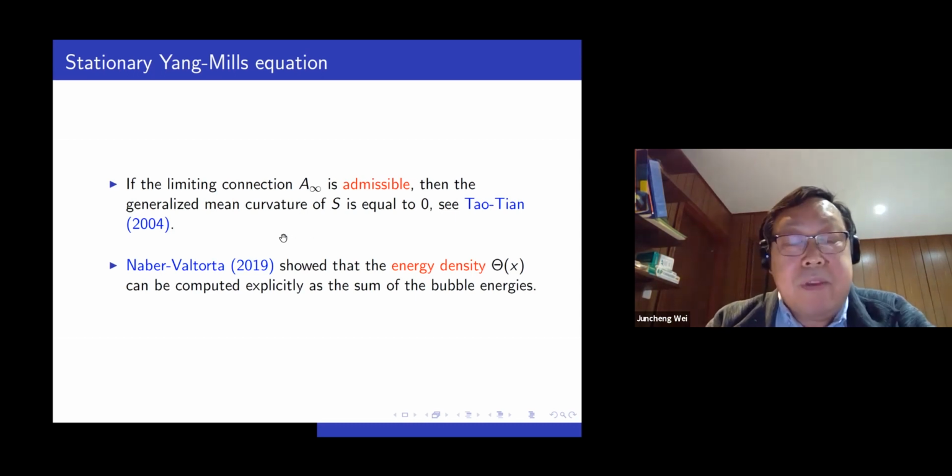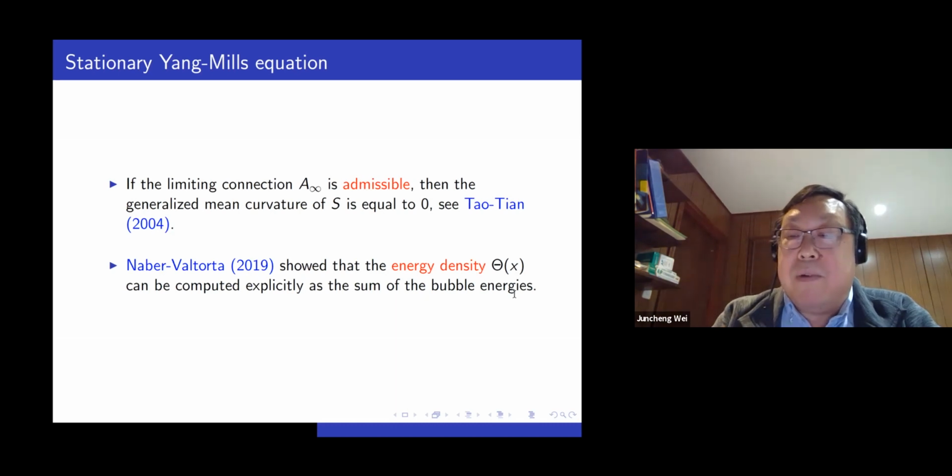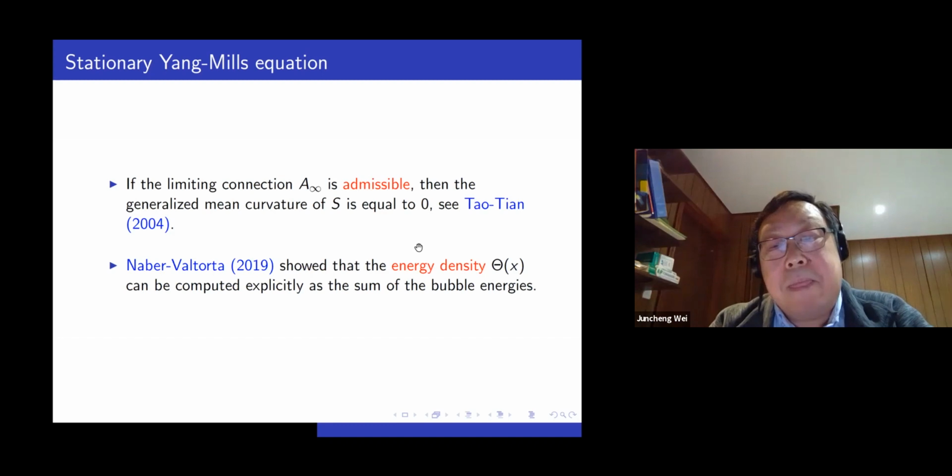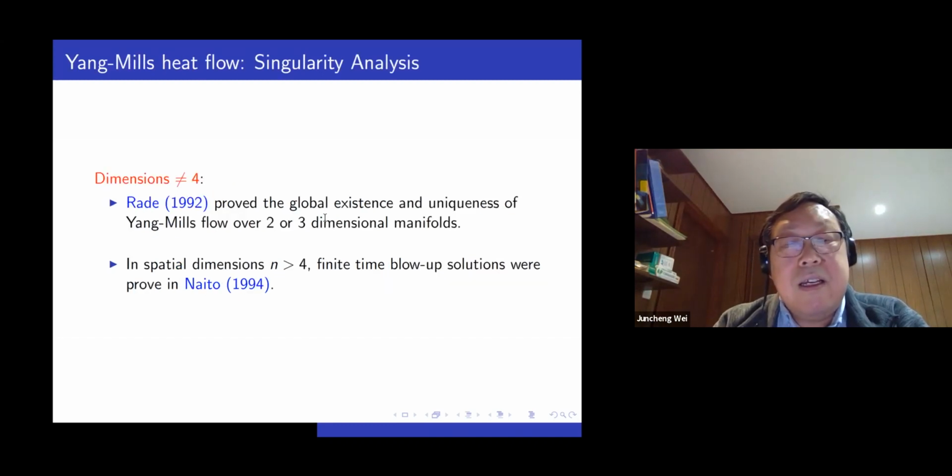And recently, Naber and Valtorta showed the energy density can be computed explicitly as a sum of bubble energies. So this is a bubble, like a true energy identity. So this is the steady state problem in dimension 4. Now, for the Yang-Mills flow,